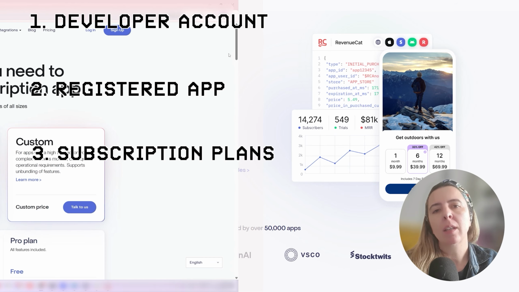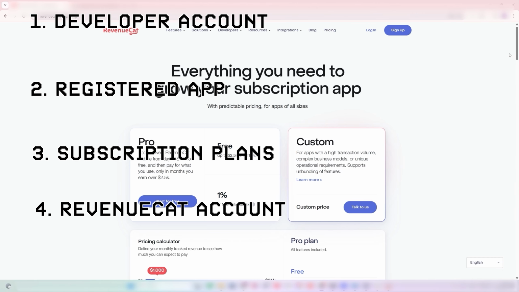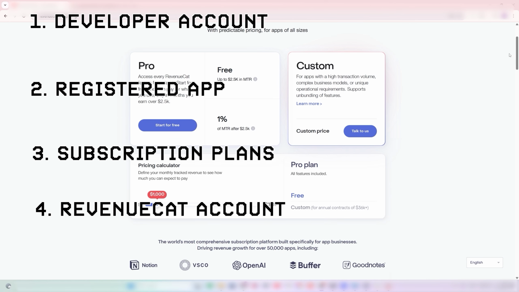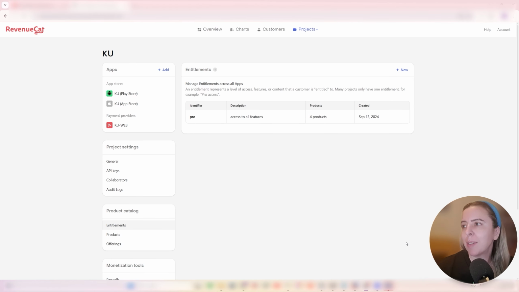And the last thing, you will sign up for a RevenueCat account. The free plan is more than enough to get started. RevenueCat only takes a small percentage once your app starts generating revenue, which I think is a fair trade-off for what it offers. This is how the RevenueCat dashboard looks, and I'll first walk you through the terms of the